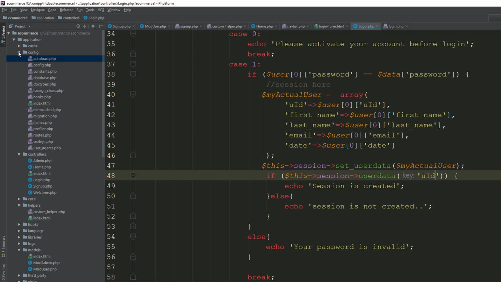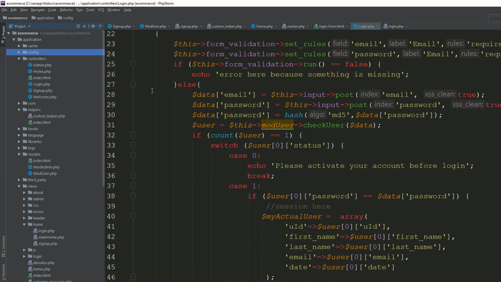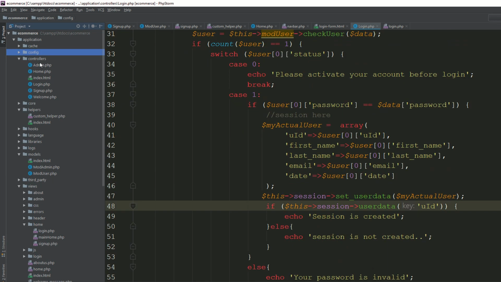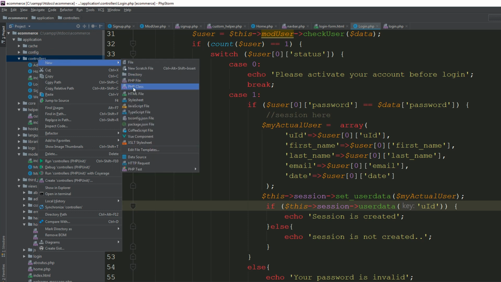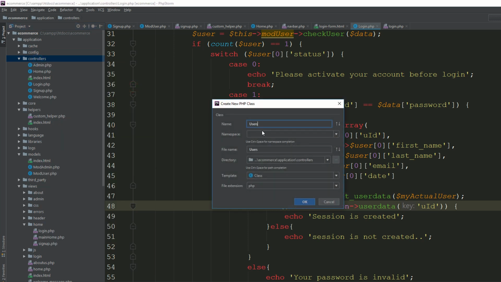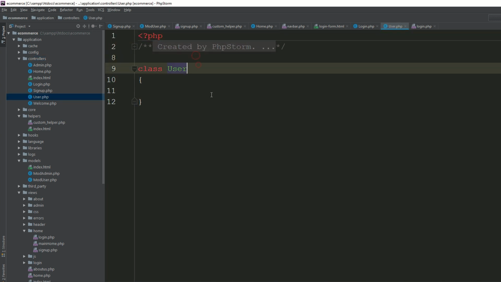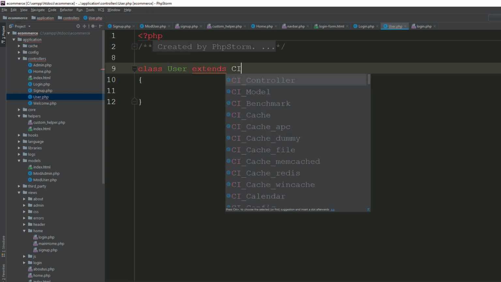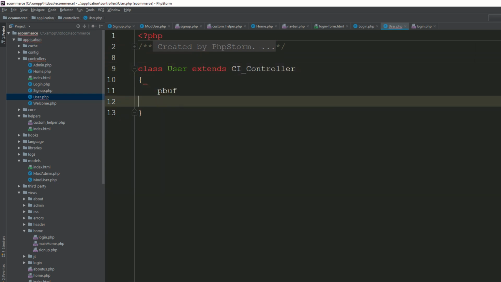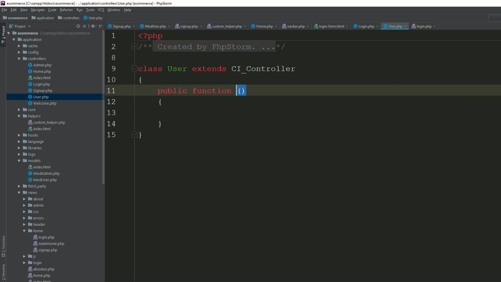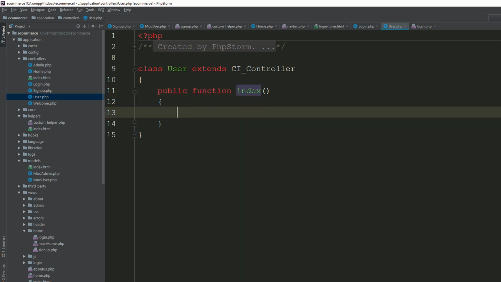We will discuss the wish list later, but for now I'm saying that the users, where is the users controller? I'm going to create the users controller for now. So user, I'm saying user. This is the user controller, and it extends CI controller. Then this is the index method. Now I'm saying welcome,